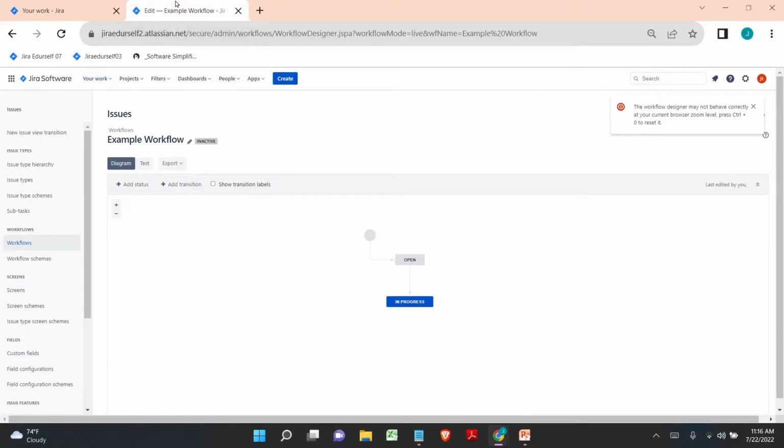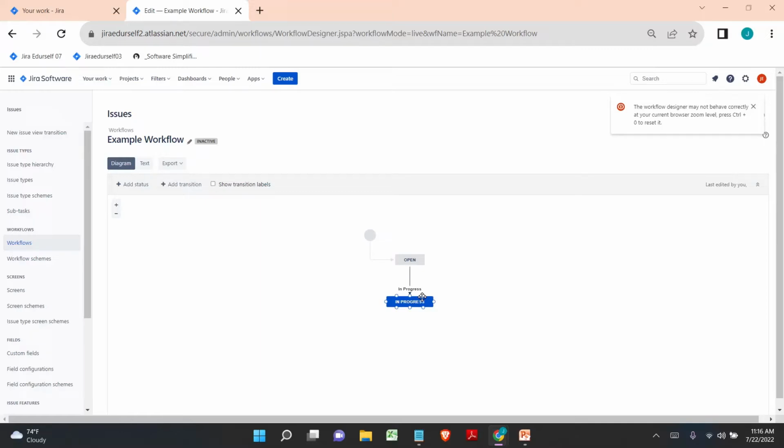Now here I am creating the workflow. And on the workflow, we can see the statuses and the transitions, right? The boxes that we are seeing, open, in progress, we can call them statuses. Now, in the JIRA environment, we create n number of new statuses which are not given by default by JIRA. If we create those statuses, we can see all the list of statuses that was ever created in